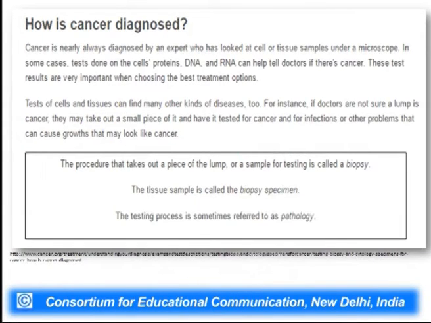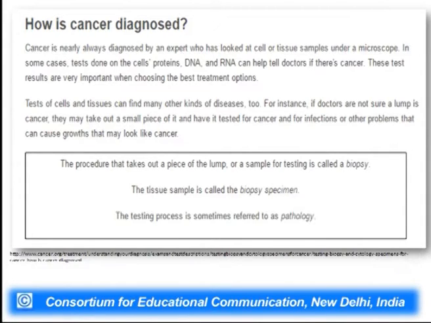Now, how exactly are these cancers diagnosed? One of the most important techniques of diagnosis of cancer is called cancer biopsy. Cancer is nearly always diagnosed by an expert who looks at the cells or tissue samples which have been collected from the patient. The tissue sample is observed under the microscope. Along with that, there are different tests which can quantify the DNA structure, RNA sequences, everything, and there are various other imaging techniques which can diagnose the cancer. So, all these techniques and tests go hand in hand.